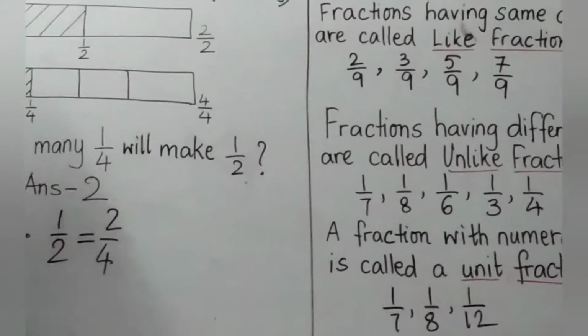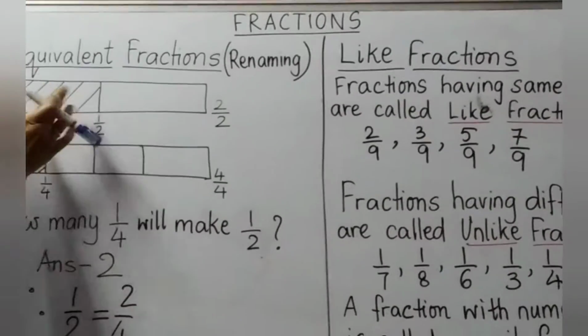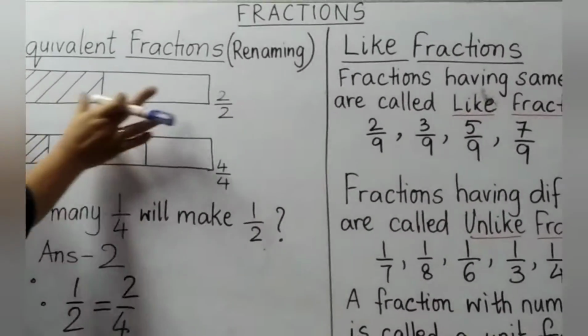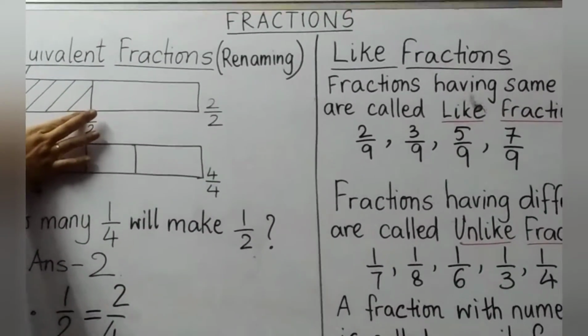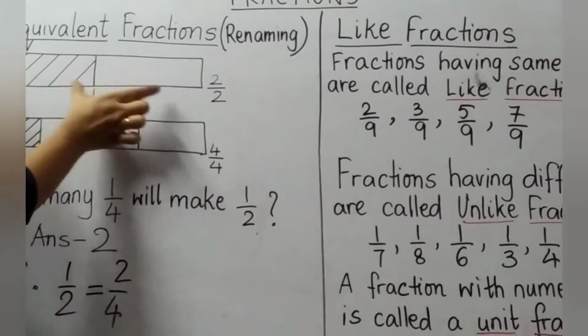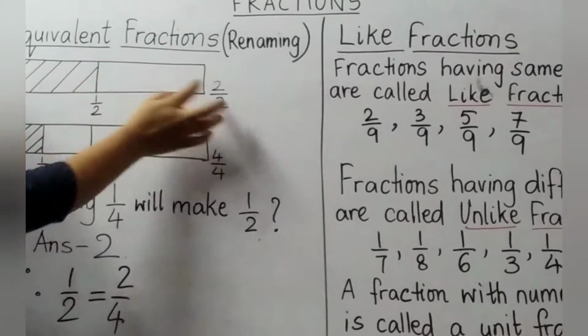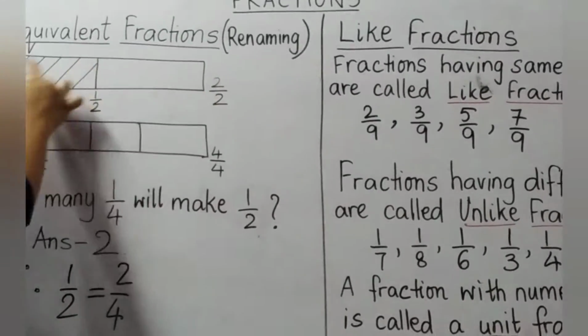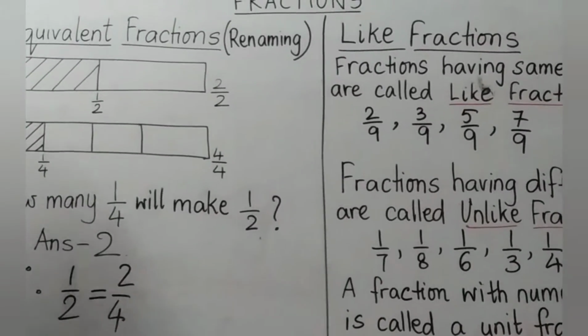Look at this diagram. There are two parts. Half, that is one part here, and the other part here. So this part we will tell it is a half, and the full part will be 2 by 2, that is two parts as the numerator and the whole as the denominator, that is a whole one.